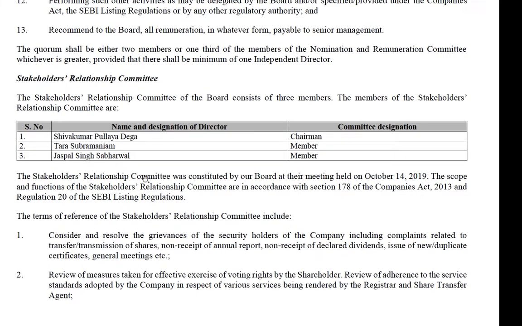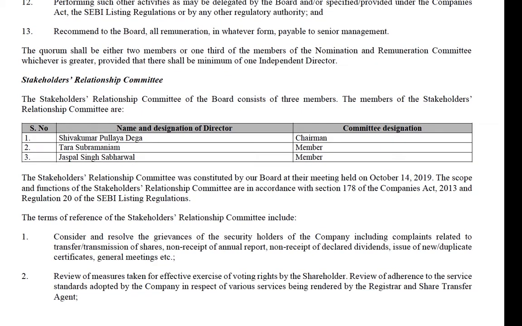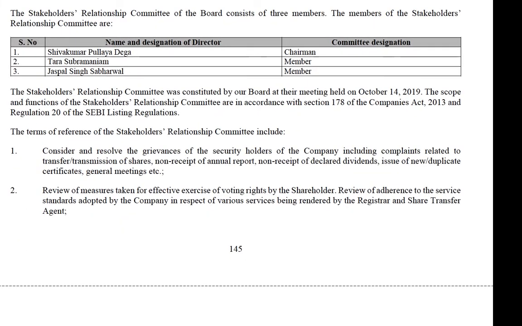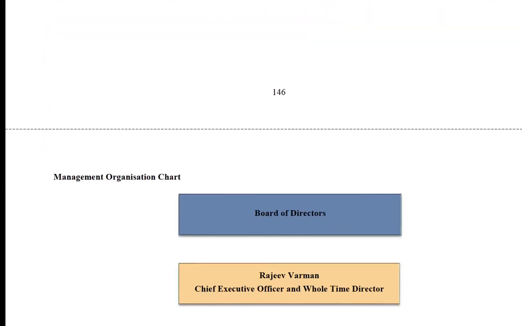Again, the terms of reference and the designations and the functioning of these three committees are pretty much standard. And these committees are usually set up only when the company is about to go public. Typically, we will not see companies having these kind of committees, or even independent directors, before companies actually go public. All right, so let's move on.